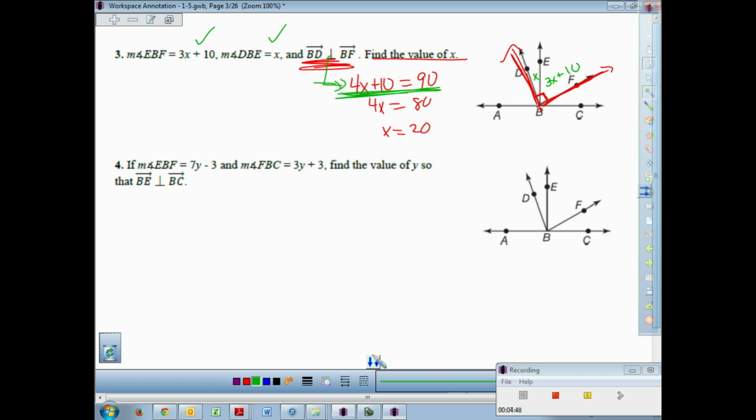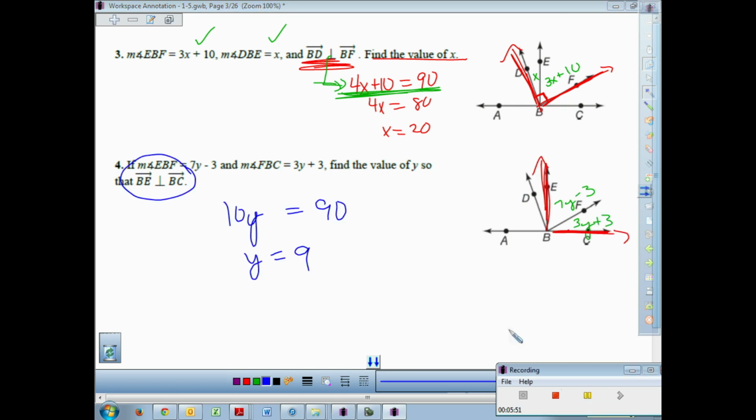Number 4. Same thing. Put it all in the picture and get her done. Pause the video. Are we cool with all that? Did I put everything in the picture correctly? It's kind of maybe, maybe not, because they didn't straight tell me that they were perpendicular. They said find the value of y that would make them perpendicular, right? So it's like if y was 9,